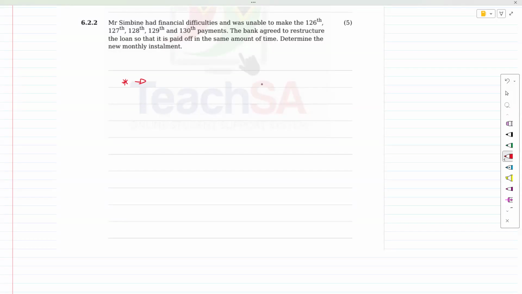He pays nothing for 5 months. Is that, yeah? 1, 2, 3, 4, 5. So nothing for 5 months. So what I would do is I would find the interest and I would find how much we're going to be dealing with for 5 months. So after 5 months, we have an outstanding balance, guys. We have an outstanding balance